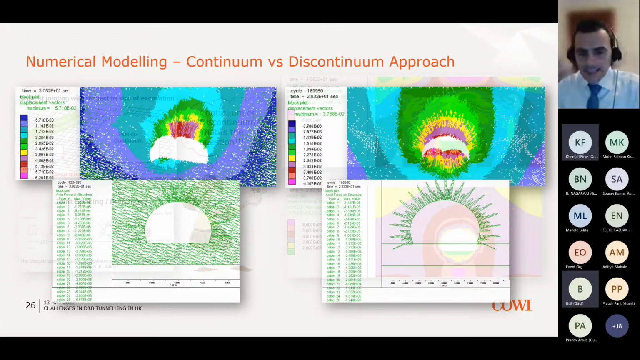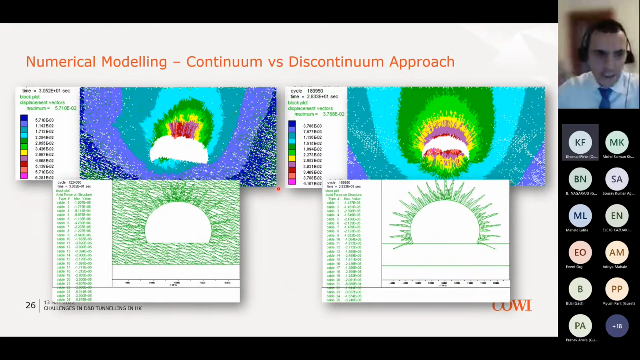In this slide, there is a similar comparison, but this time you can see the displacement vectors. On the left-hand side, it's the discontinuum, and here you can also see the network of the joints that have been generated for this output. And on the right-hand side, it's the continuum approach without any joints, so you don't see any joints here. And the scale this time is not the same, but what you can clearly see is that the roof is moving by the same amount